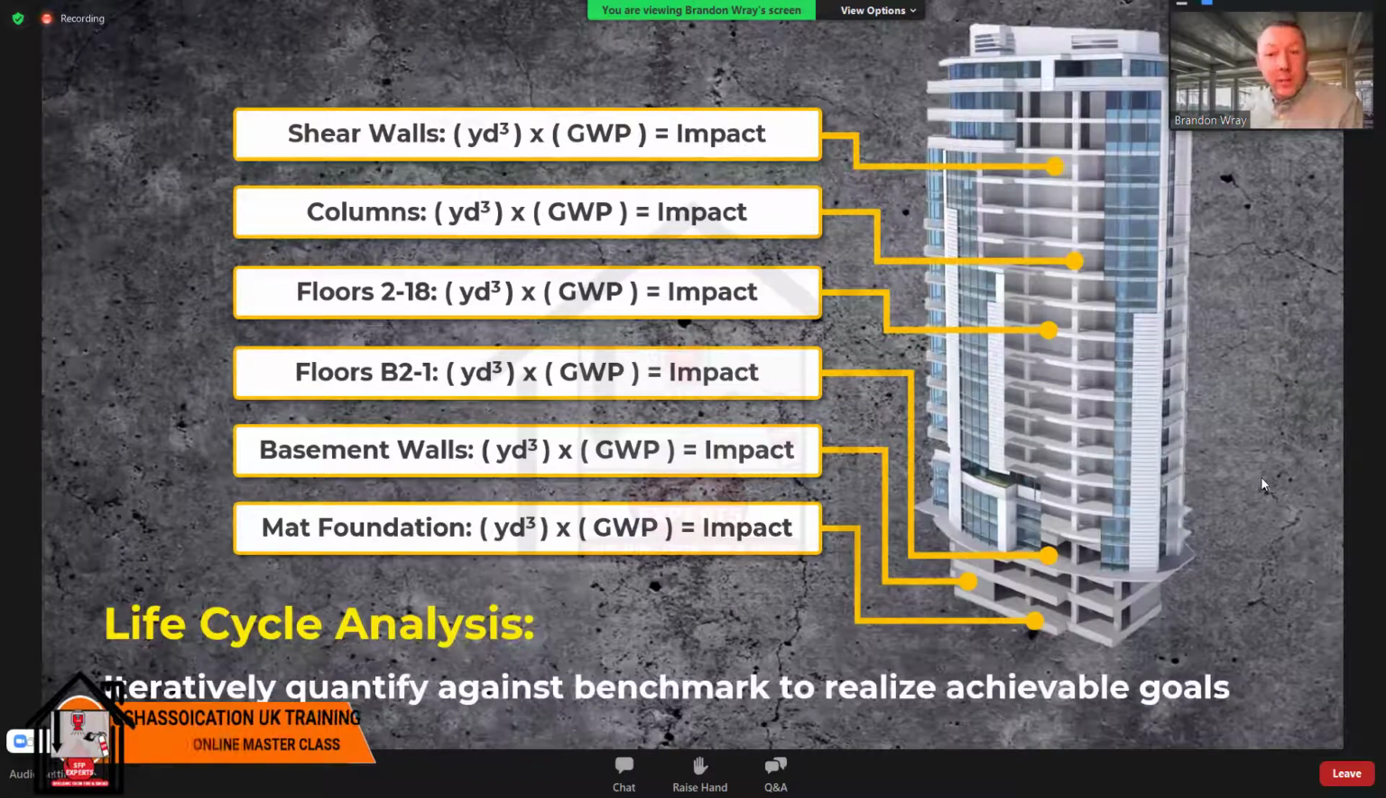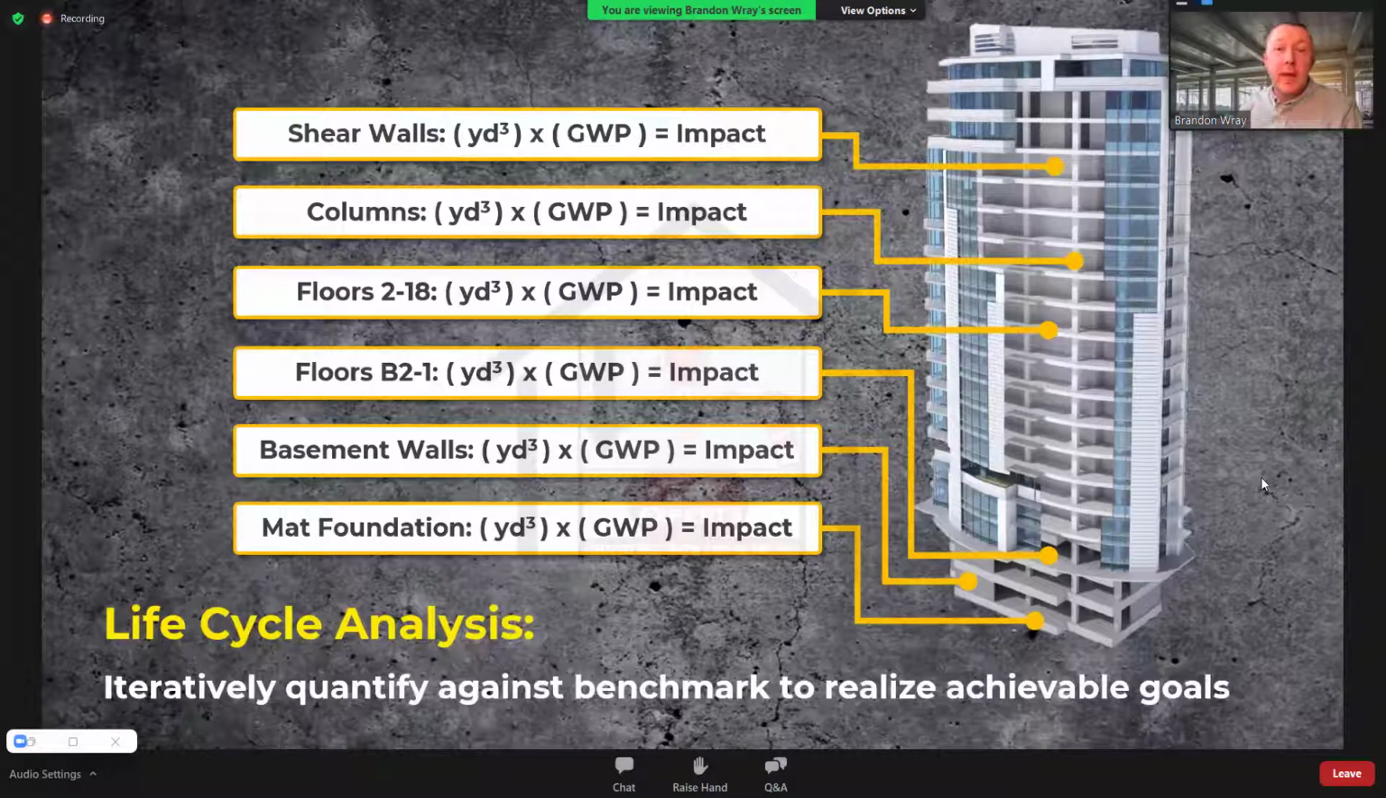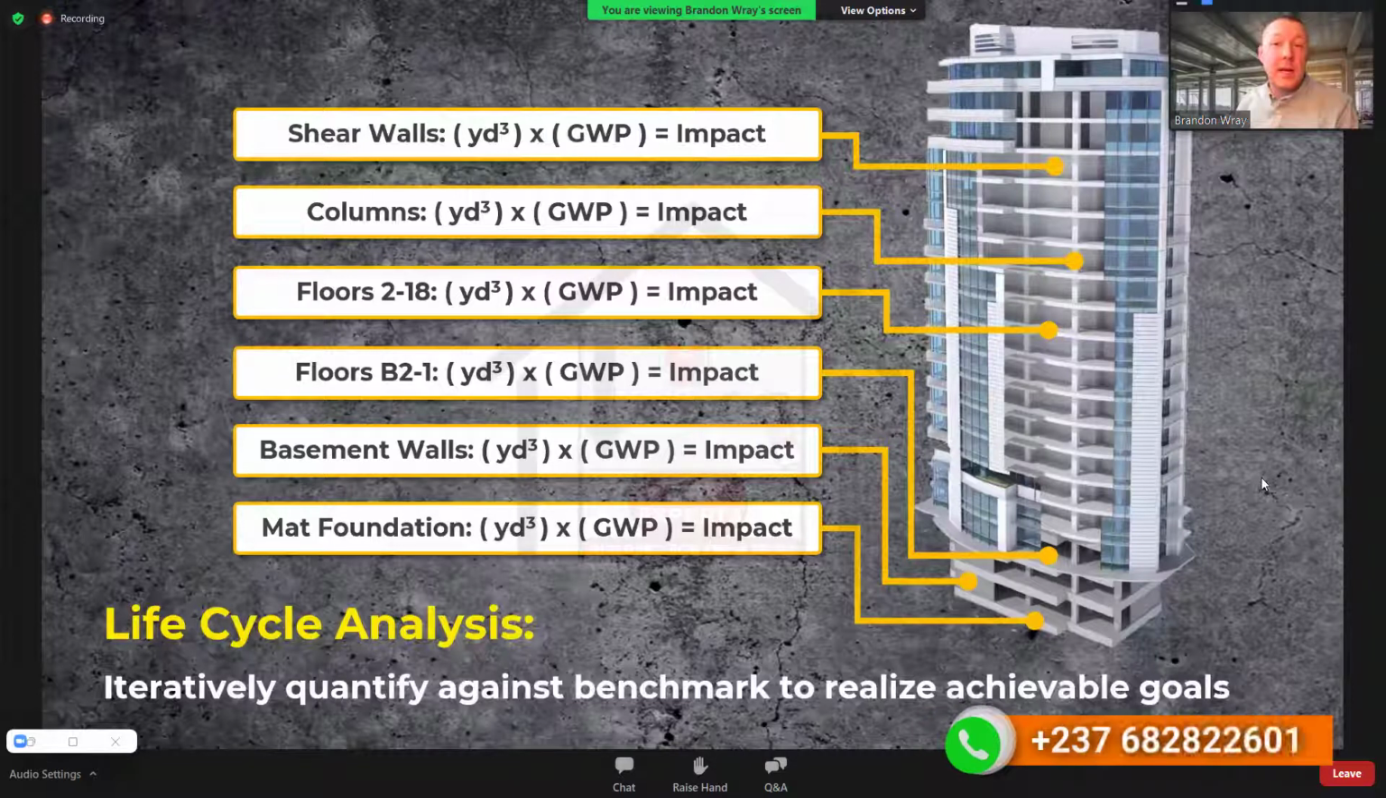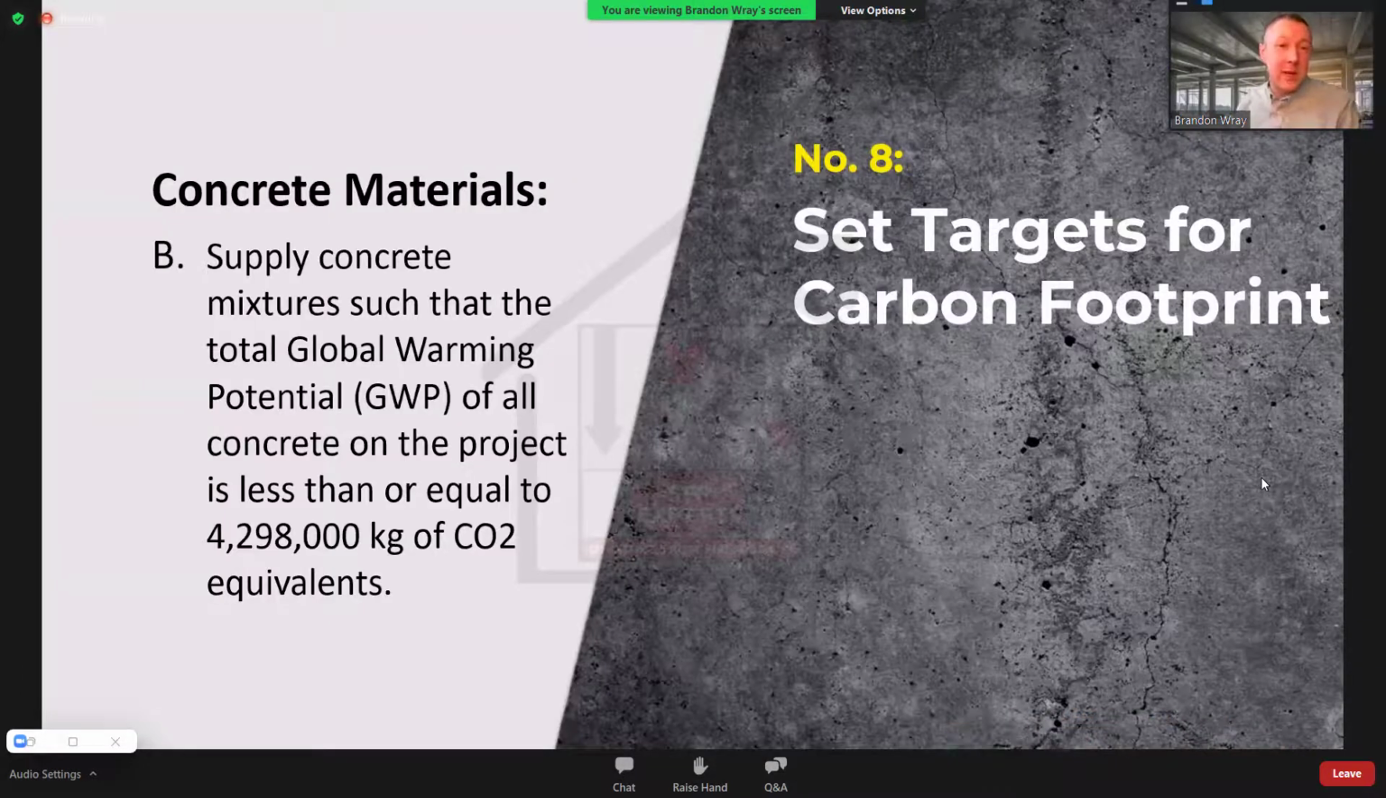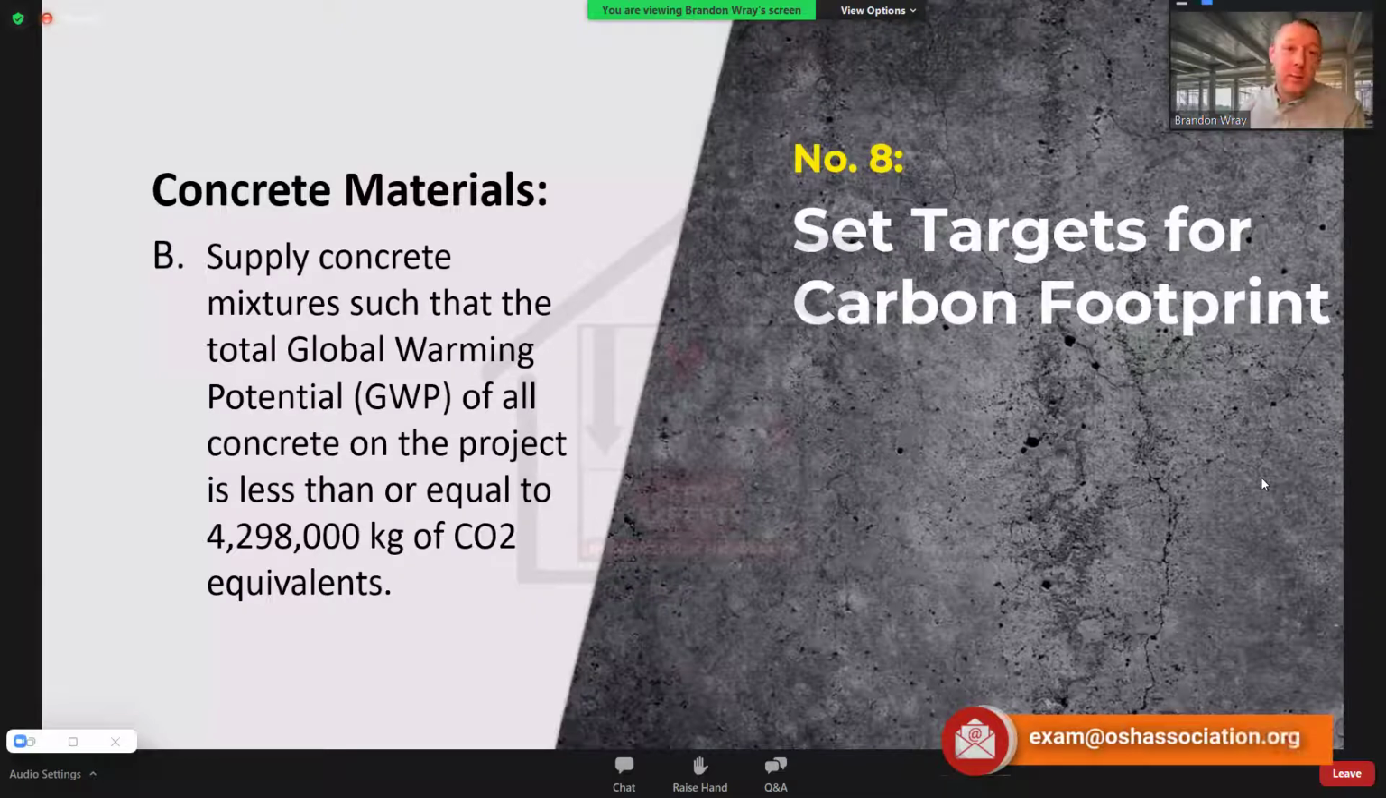Once you go through that process and establish structure, you can calculate the carbon footprint for the proposed building. Be set to realize tools, and then list a specific target within your specification as a budgetary approach. In this example, you can see here they're listing a little over 4 million kilograms for the